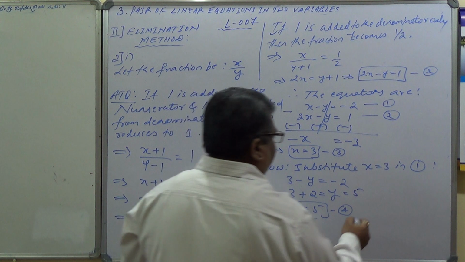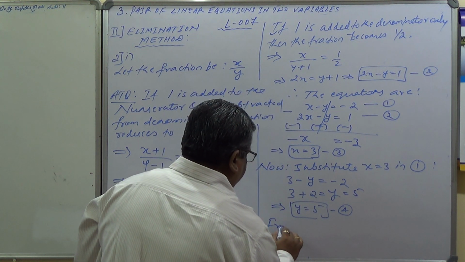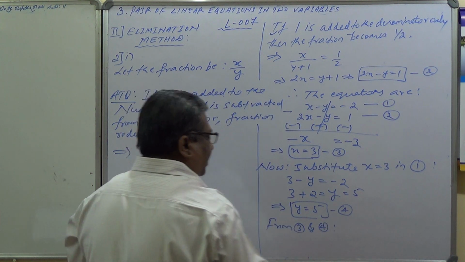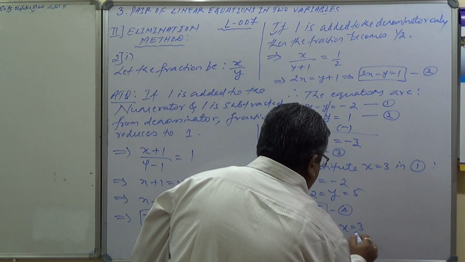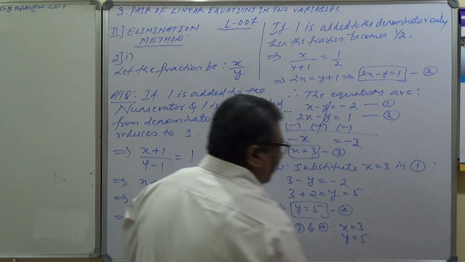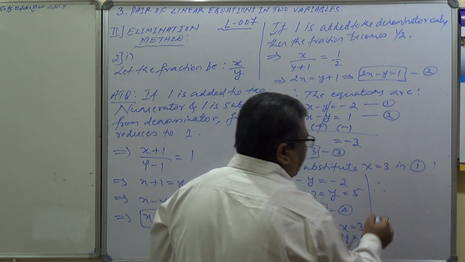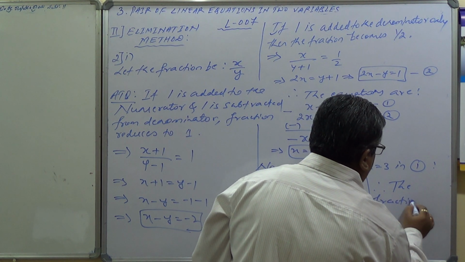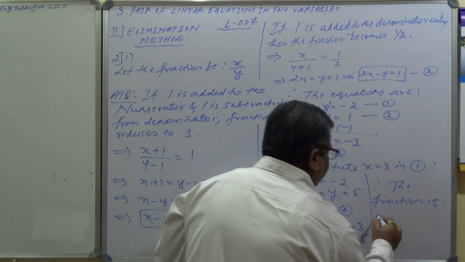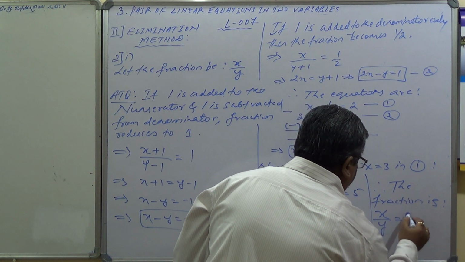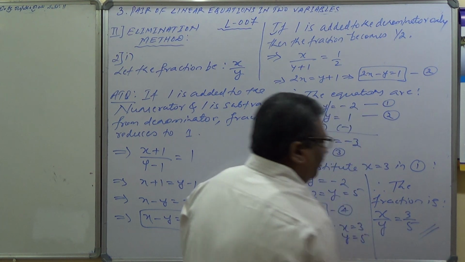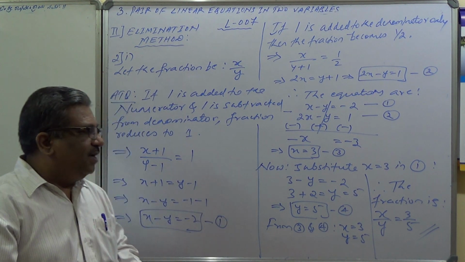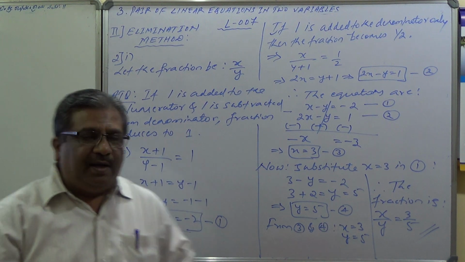Therefore, from 3 and 4, the values of x and y are x is equal to 3 and y equals 5. Therefore, the fraction is x by y equals 3 by 5. I hope you are understanding how I calculated the fraction 3 by 5. Please note it down and